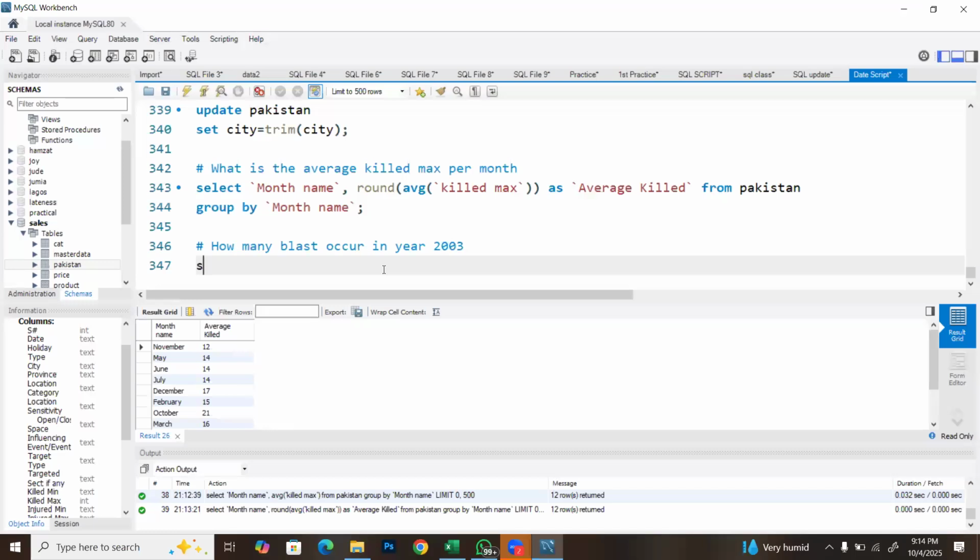You can say, select the count of what? Year as total blasts, right? From Pakistan,